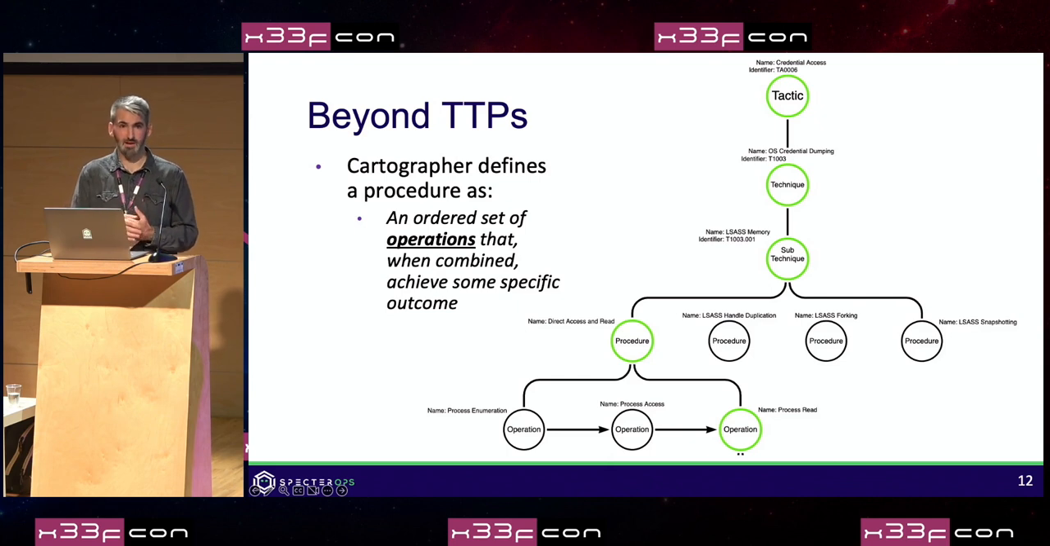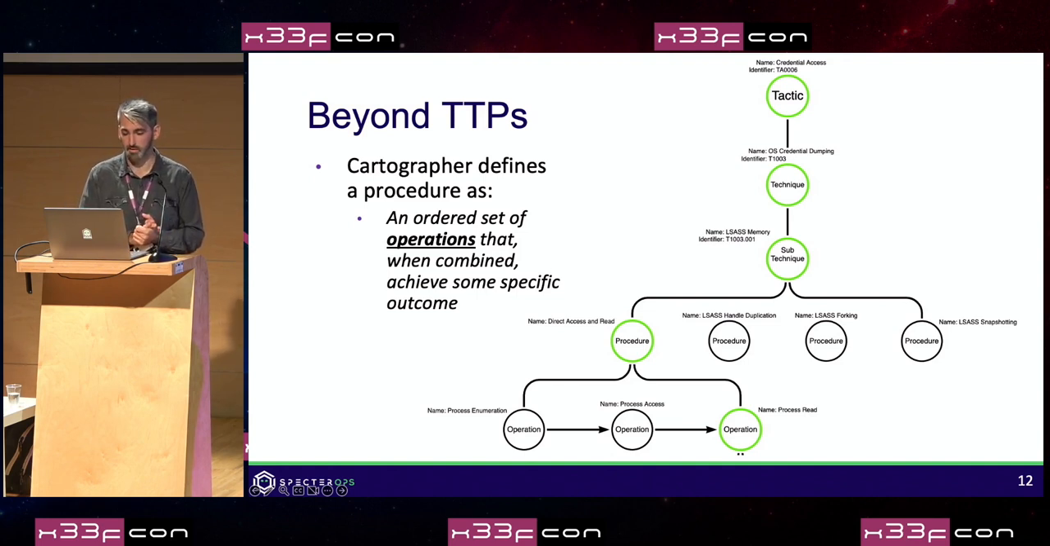So in an attempt to provide some kind of widely applicable order to the TTP model, Cartographer defines a procedure as an ordered set of operations that, when combined, achieve some specific outcome. We can see in this diagram that if we move down from the tactic level to the technique level, we have some number of distinct procedures. This is just a very small subset of the known distinct procedures for the technique shown here, which is LSAS credential dumping. But what I want to bring your attention to is this very bottom row, which is the operations